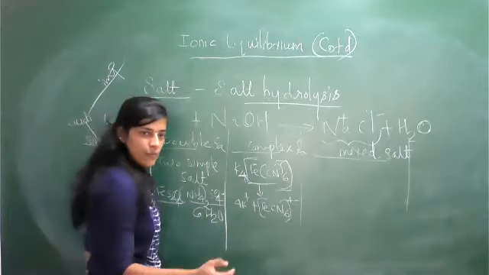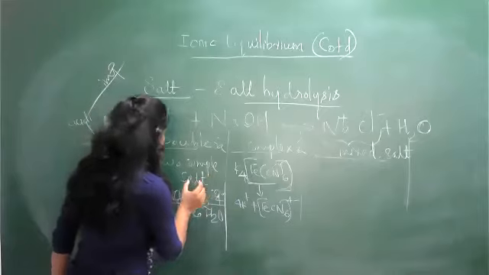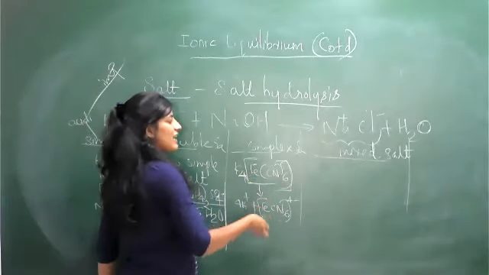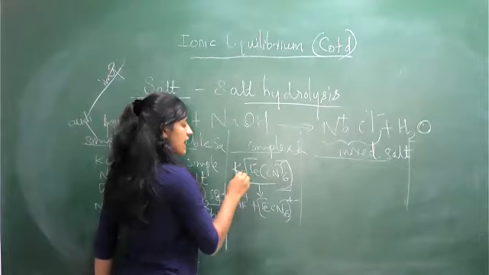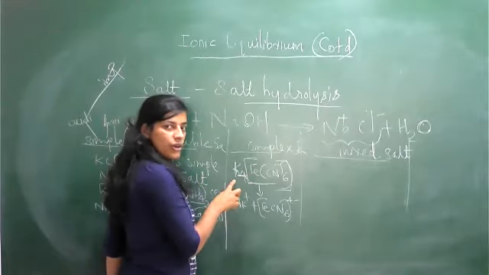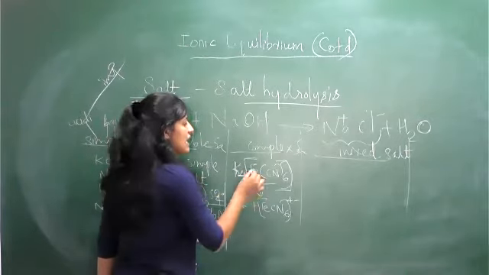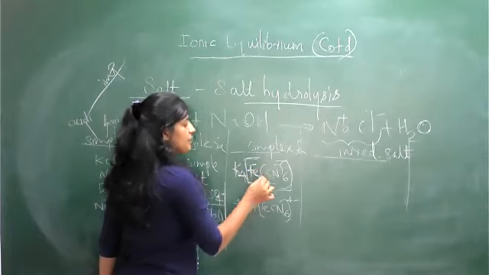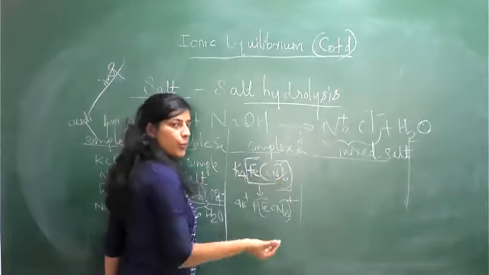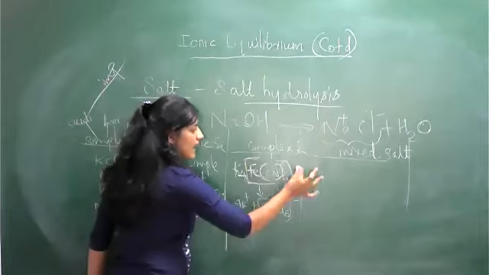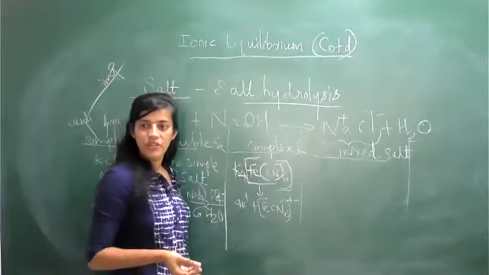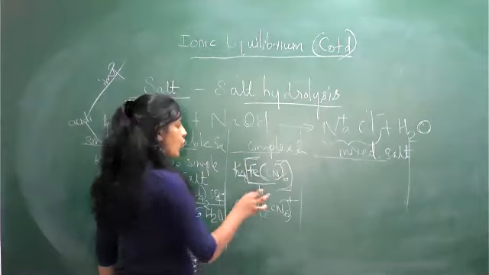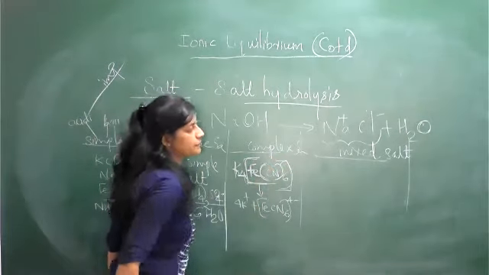What is the difference from a simple salt? In a complex salt, outside there is a metal, potassium or sodium or any metal. Inside there is also one more metal, Fe, surrounded by another group of atoms. This entire thing is called a coordination complex. You will study it in inorganic chemistry; I will teach you in the remaining time. So a coordination complex is a complex ion.